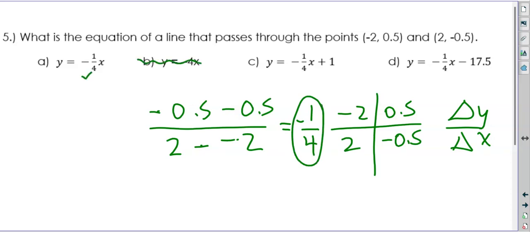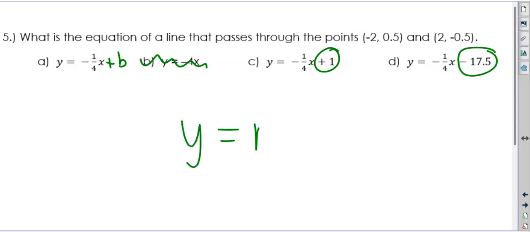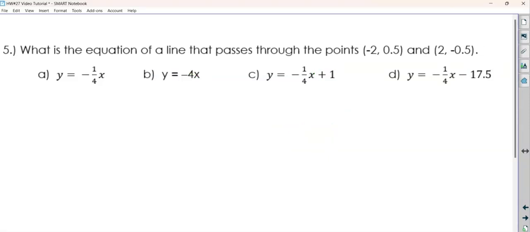Check, check. Okay, so that is done. Now what I have to do is focus on, so I know this one's out, I need to focus on the y-intercept, the b value. I need to figure out what that b value is. The only way for you to figure out what a b value is, since we already know the slope is negative 1/4, the only way to figure out what the right equation is going to be is to take a point